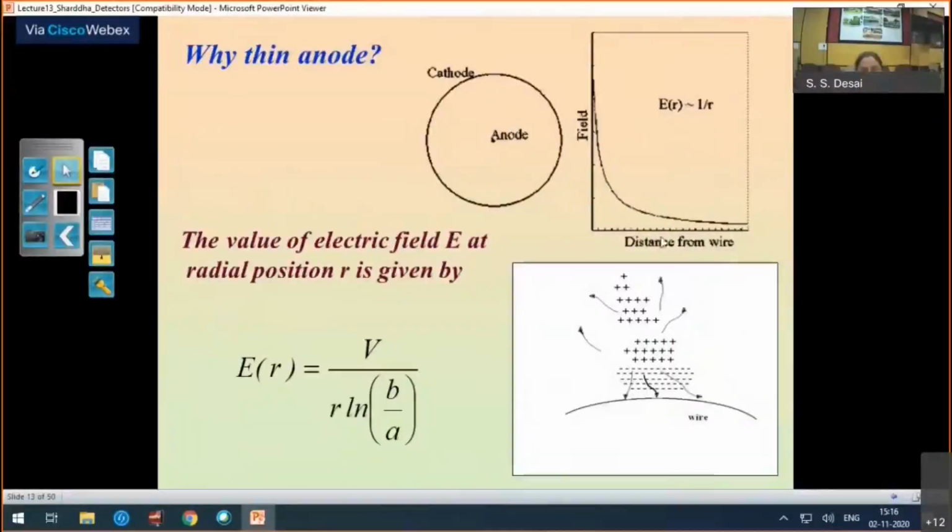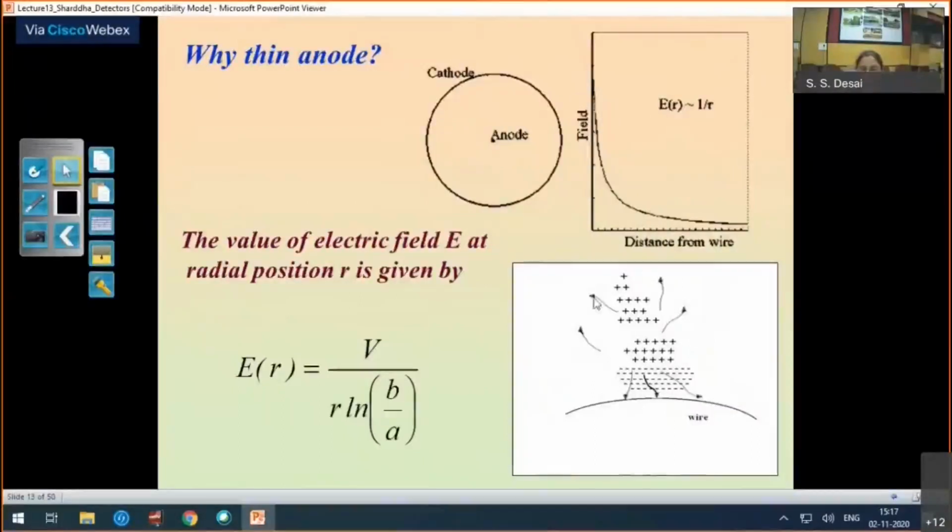So how can a very high field be created when you have parallel plates? Your formula is just V by D, but in that case, the voltage needed is extremely high. So just to have a very high field near the anode, you can select a very small anode, a very thin wire as an anode. As we go very close to the anode surface, when R is reduced to microns, your electric field shoots up quite high. And this high electric field, beyond a certain critical voltage, helps in creating the avalanche.